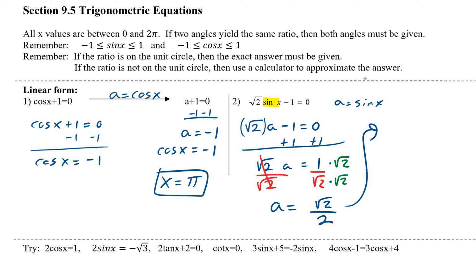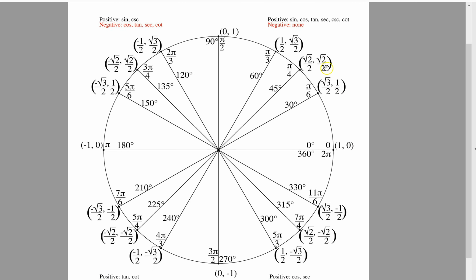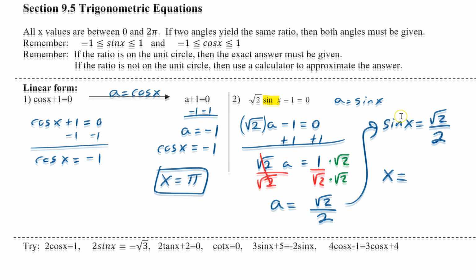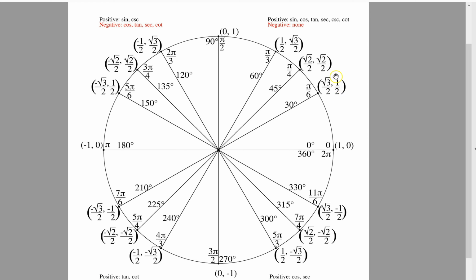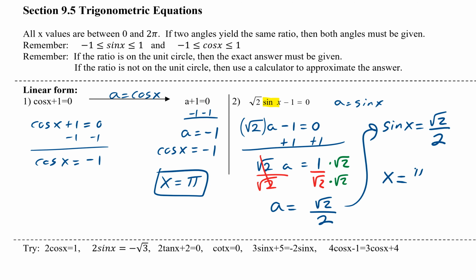And then now we do our substitution. So our a here is sine x. So sine x equals square root of 2 over 2. We write x equals, and then we go to our unit circle and we give every single answer that is square root of 2 over 2. So this was sine. Sine is the y coordinate. So square root of 2 over 2, pi over 4. And remember, sine is also positive over here in quadrant 2. So 3 pi over 4. So it's pi over 4 and 3 pi over 4. And that's it. So all you're doing is solving these as if they are linear equations or quadratic,